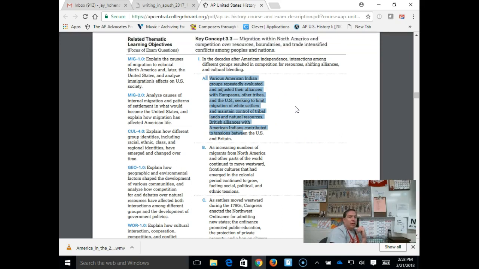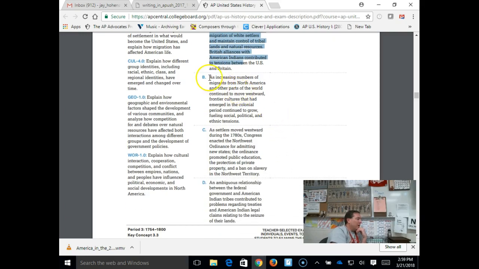But notice with the middle ground, like the Battle of Fallen Timbers, just because they're working the middle ground, eventually the Native Americans are going to lose that ability to play one group off the other, especially after the War of 1812. When the British go away, and it's just the Americans inside the United States, the Native Americans are going to lose that ability. We're going to find that waves of immigrants come into the country. They start pushing into the backcountry across the Appalachian Mountains. And that's going to eventually bring us tension with the War of 1812 because the British still retain Canada and the Mississippi River after this time.